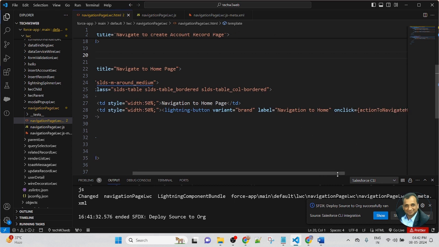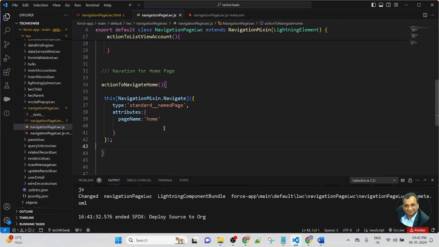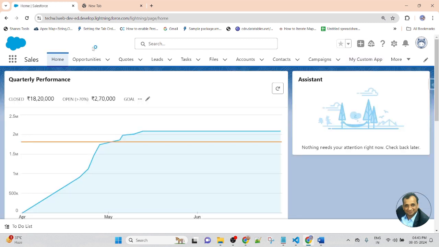On the button, I am passing a function, actionToNavigateHome, which I created in JavaScript. There are some changes here: I changed the type to standard__namedPage instead of the object, and in the attributes section I use pageName colon home, because here I am navigating to the home page. Then save, refresh the page, and it works fine. Once I click on the button navigate to home, it automatically navigates to the home page.